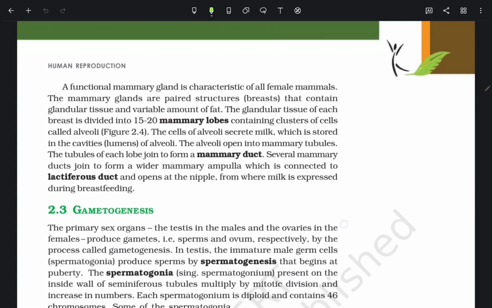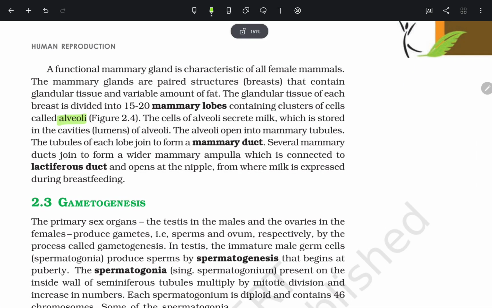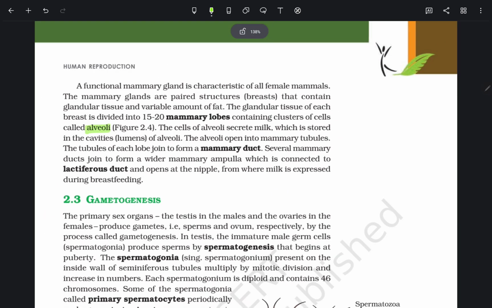A functional mammary gland is characteristic of all female mammals. The mammary glands are paired structures, the breasts, that contain glandular tissue and a variable amount of fat. The glandular tissue of each breast is divided into 15 to 20 mammary lobes containing clusters of cells called alveoli. The cells of alveoli secrete milk, which is stored in the cavities (lumens)